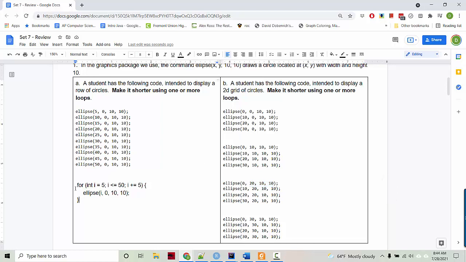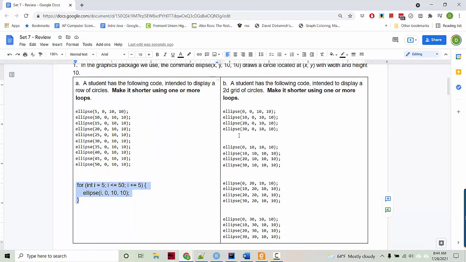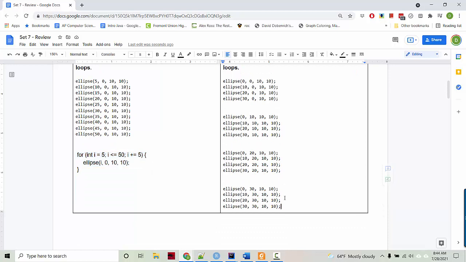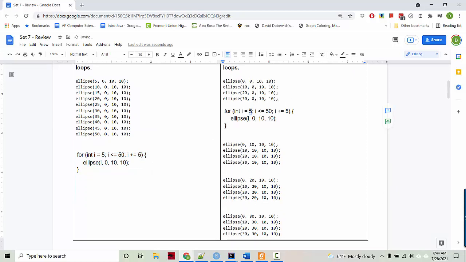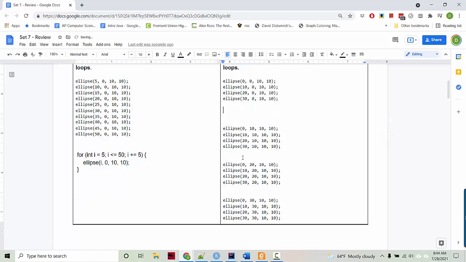So one thing I could do would be replace each one of these groups with a single for loop. So this top group I could rewrite this way. Start at 0, go up to 30, skip by 10s, and then the second group I could do